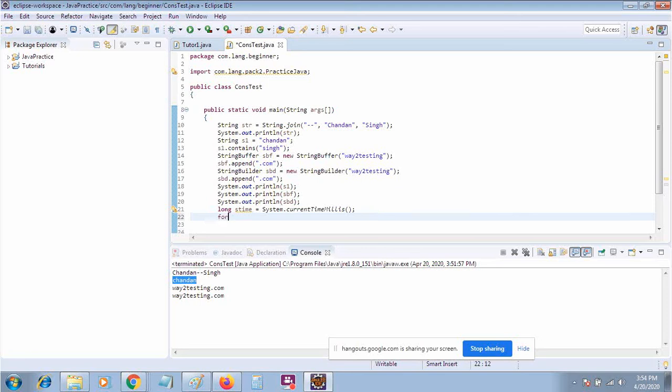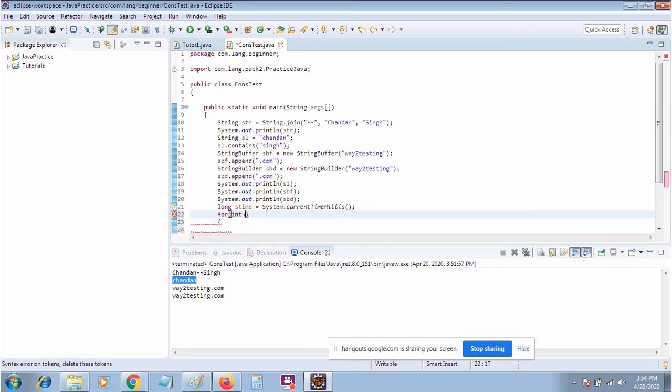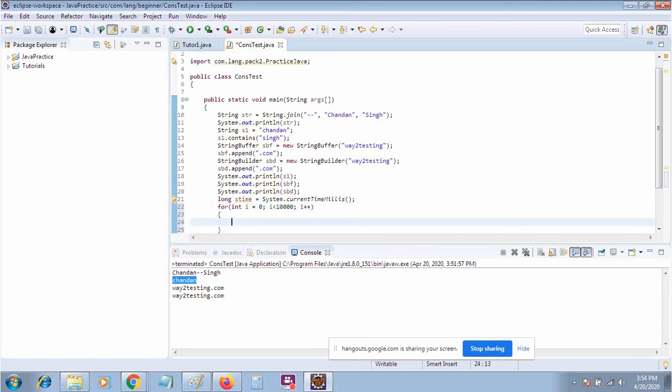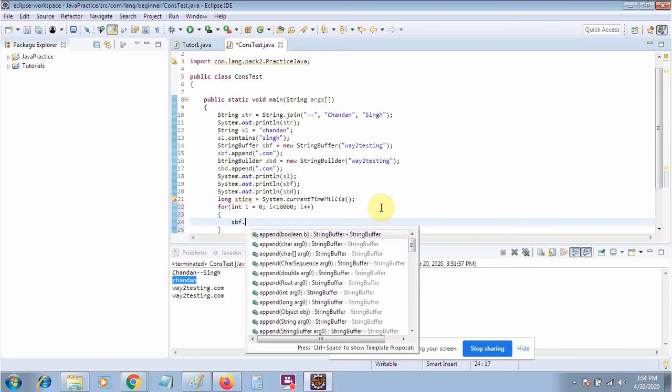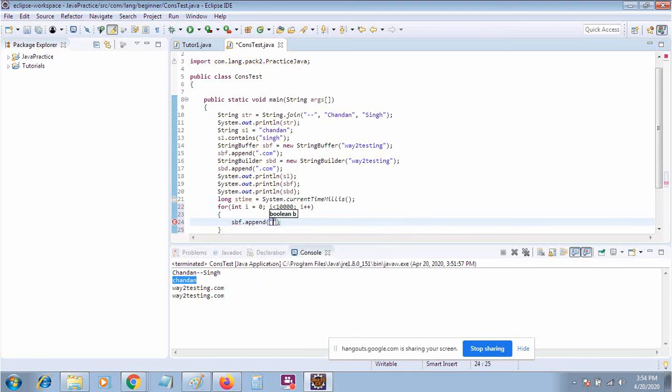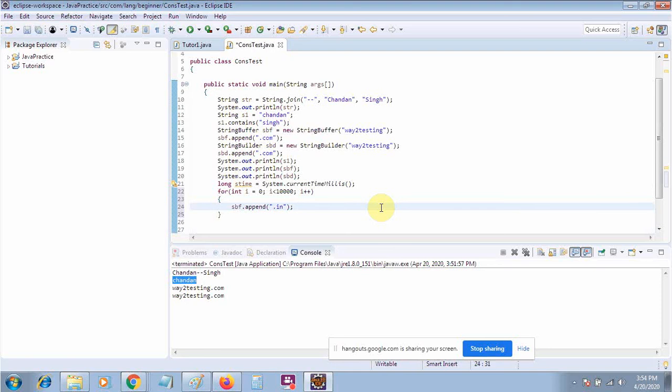Now I will apply a for loop. Inside the for loop, I am saying int i is equal to 0, i is less than or equal to a big number, so that it may take at least a few milliseconds, and i++. Now I am saying just append .in here, meaning in the same string it will add some string.